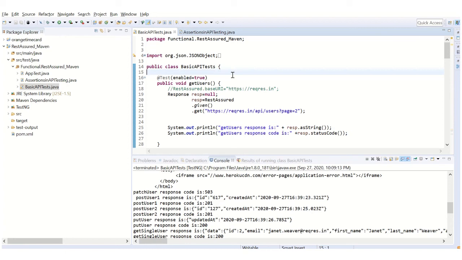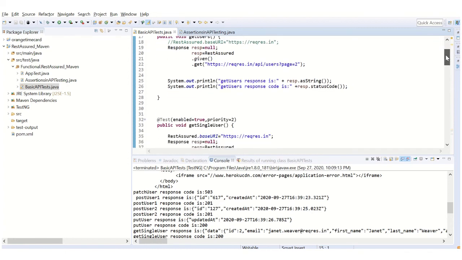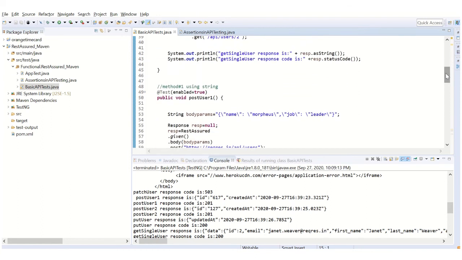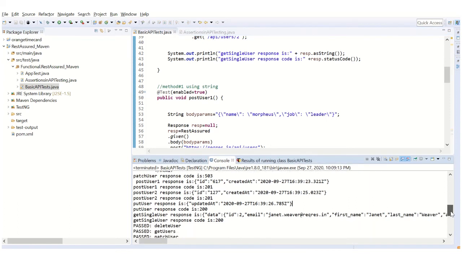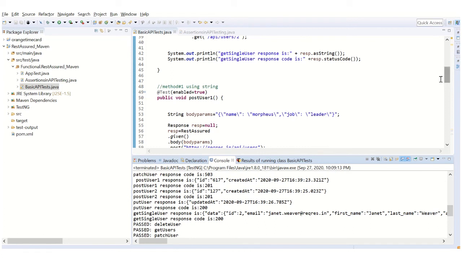In our next videos we are going to see further advanced topics, like how we are going to parameterize the request and how we add assertions to validate the responses, which is actually the automation part. And also we'll talk about how to build your own JSON server so that you can create your own JSON files. So instead of depending on APIs like this, you can make your own APIs and test them. That is also something we are going to see. And after that we will see a small REST API framework, and how it is built. And that is all for today.